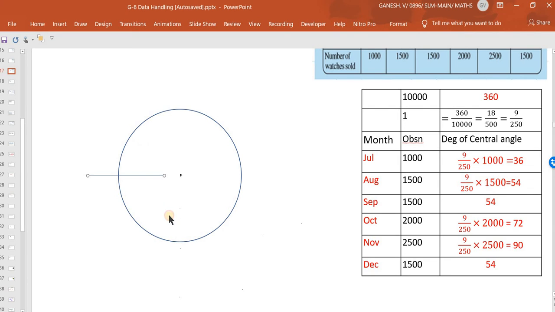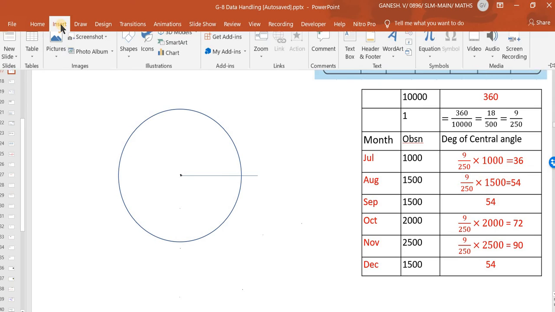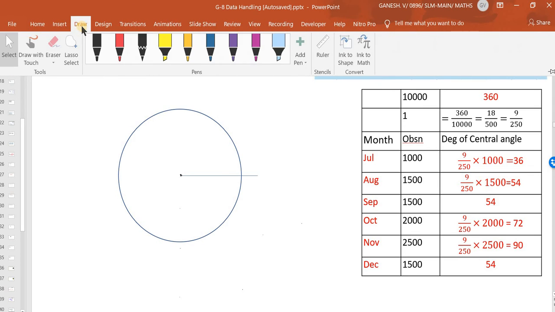I can select it like this and then move it to the right. Now okay, so the line is there. It is horizontal at 0 degree. I can check whether it is horizontal or not.